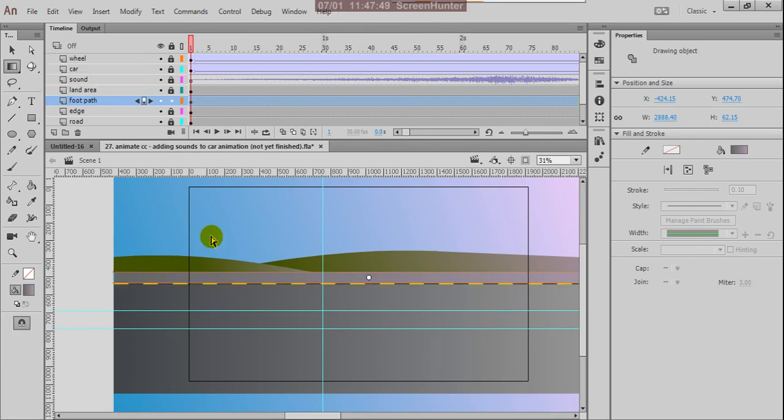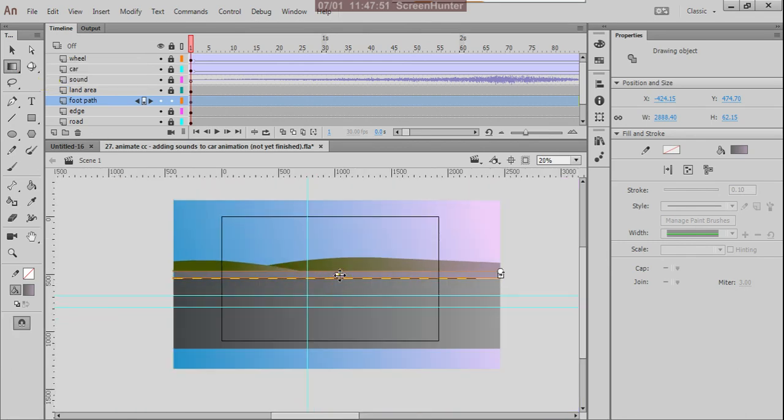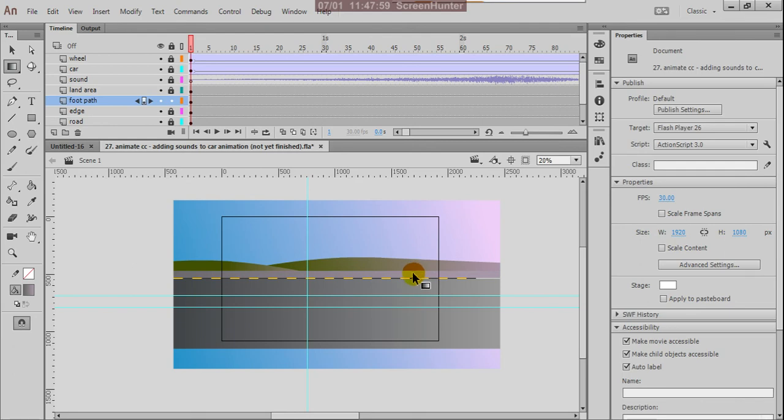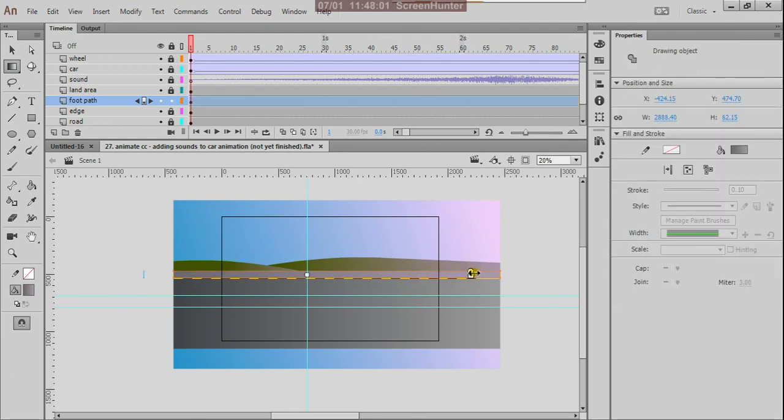And you can select this. You can use this gradient so that you can include your desired colors. Yes, this is.